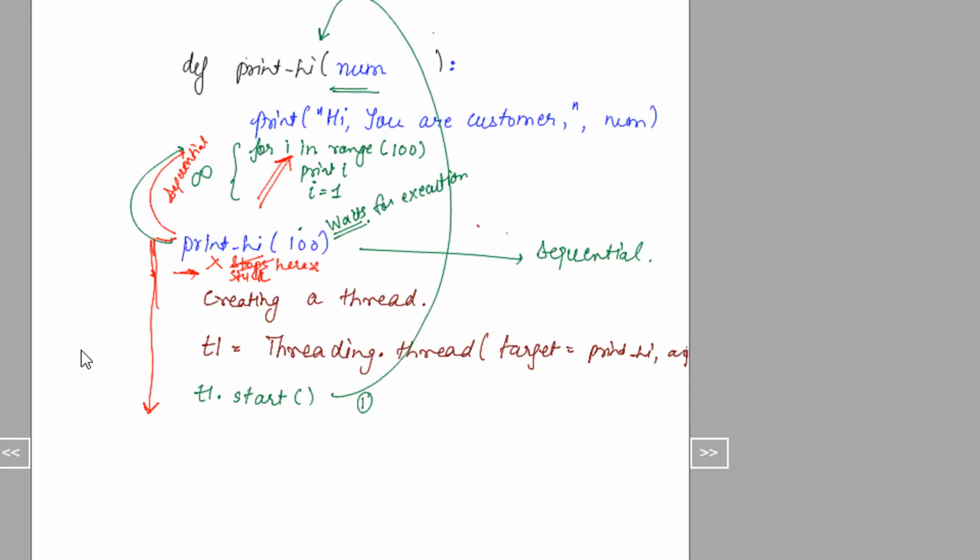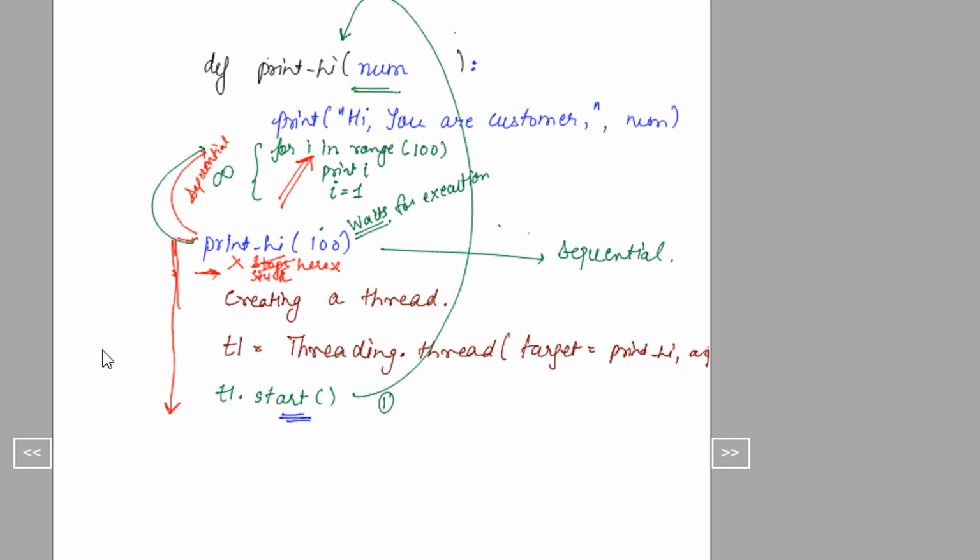The moment you create a thread, there is a parallel program execution. This is known as parallel. So along with your main flow, this does not get altered.